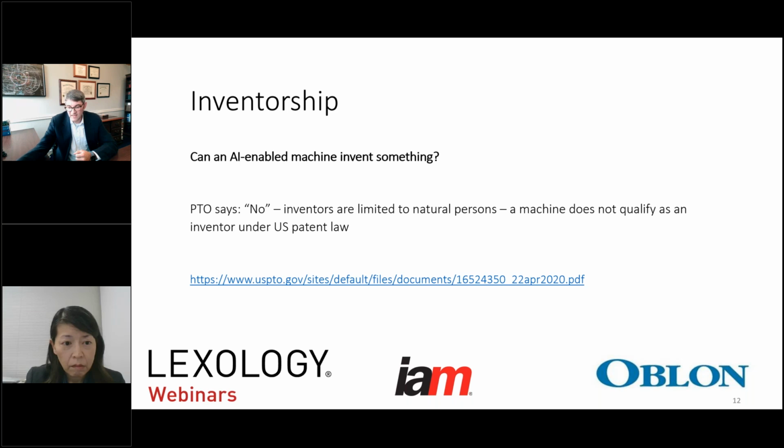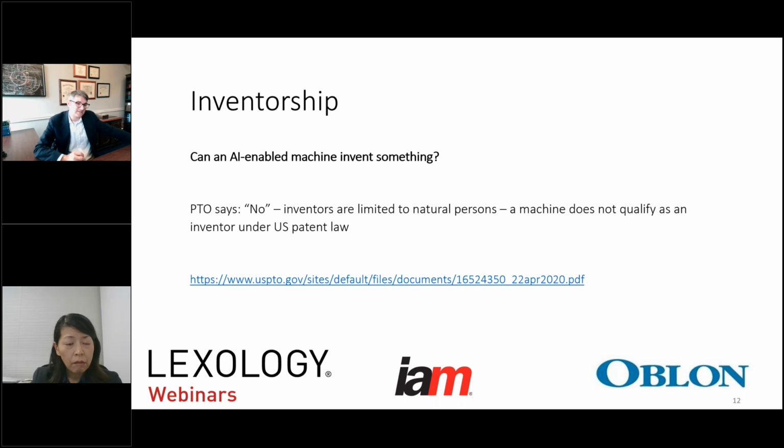So one of the areas that I think is probably of most interest for a lot of people at this moment is inventorship. So we have this question of, can an AI-enabled machine, can artificial intelligence invent something? And we have, of course, the famous case that happened in Europe, where I think it came from the UK, the Davos project, where you had a device or a computer program or an AI program that came to invent something, and they took it to the EPO and they asked, can we have an AI as an inventor? And the EPO said no. And in fact, you can't patent this because there's not a human inventor involved.